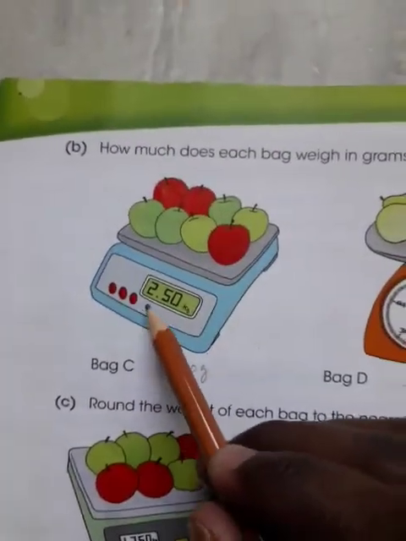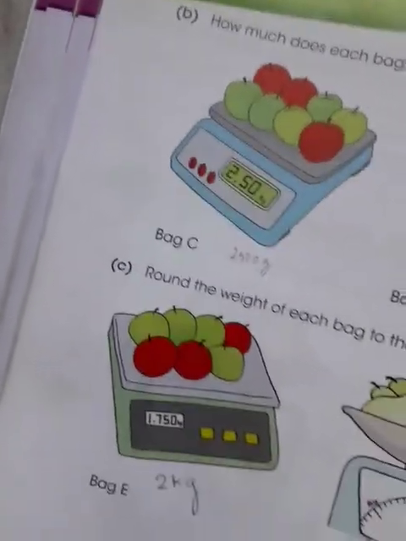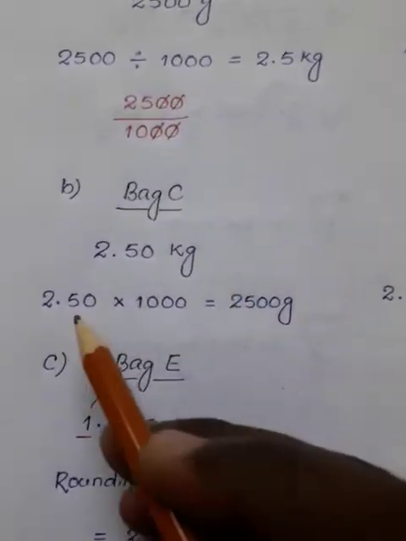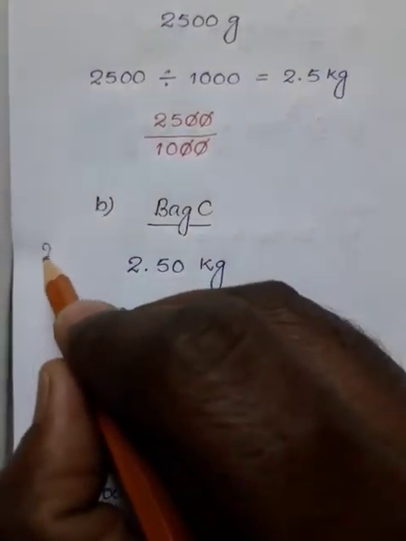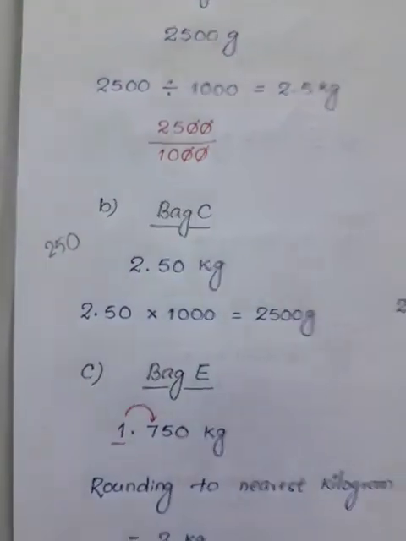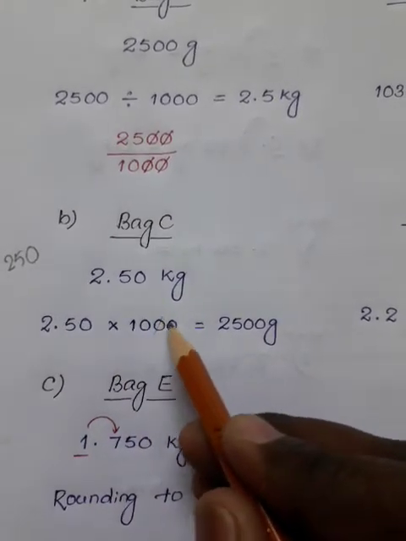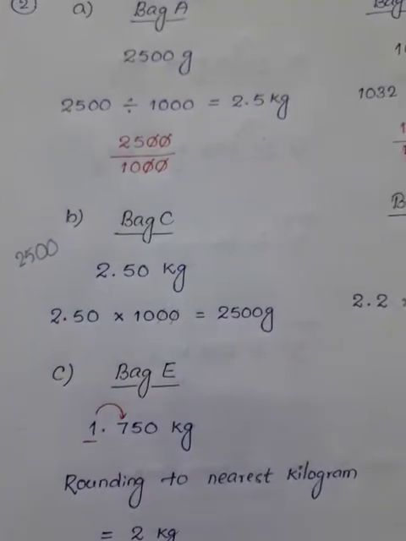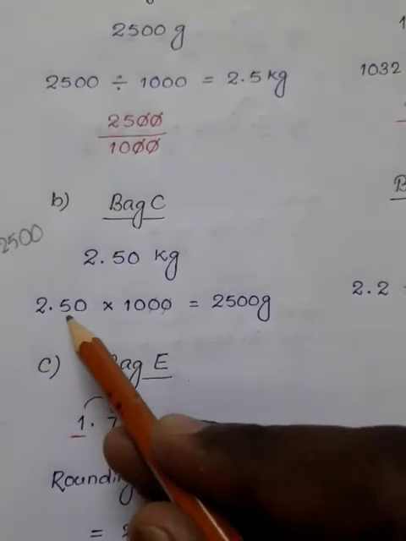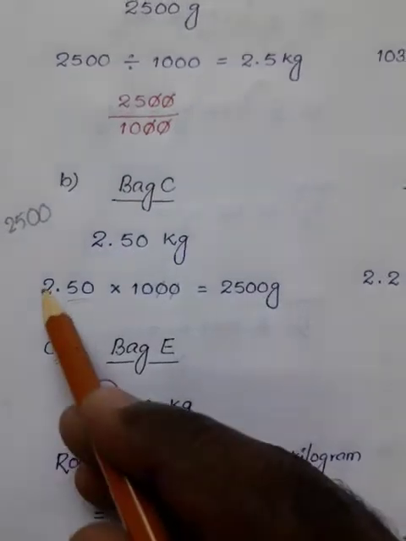Now coming to the next one, bag C. What is bag C now? It is 2.50 kilogram. 2.50 kilogram or 2.5 kilogram, both are the same. So 2.5 kilogram. Now kilogram to gram is what? It is multiplied by 1000. So first of all, write the same number. That means 250. Remove the decimal and write it. After the decimal there are two numbers, so cancel 2 zeros here. How many zeros are left? Only 1 zero. So add 1 zero this way. It is easy to understand like this. Otherwise, check after the decimal: we need three numbers because there are three zeros, but only two numbers are there. So add one more zero. Don't look at the numbers before the decimal.